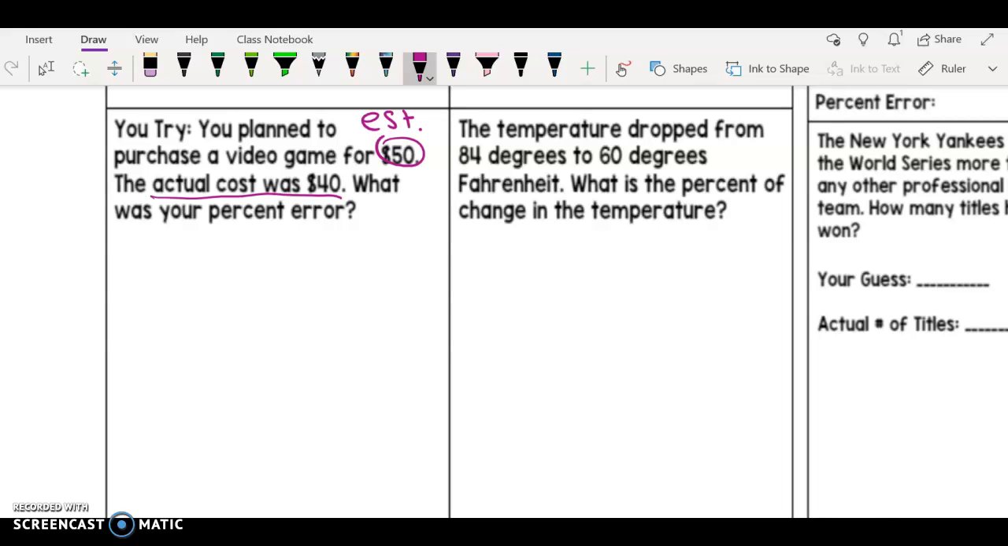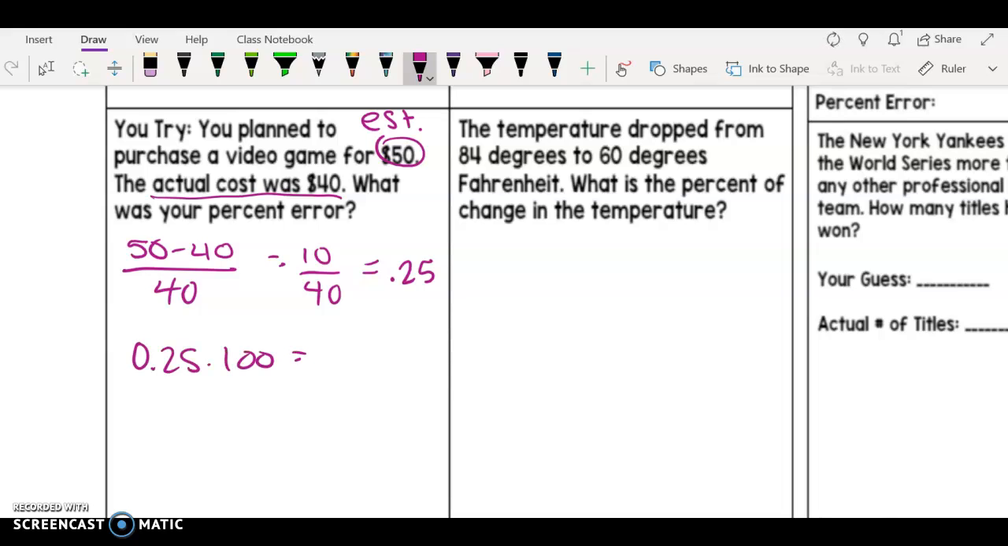So we're going to subtract the two. So we subtract 50 minus 40. Always do your bigger number minus your smaller number. That way you get a positive. We want a positive percent. And then we divide by our actual. So by 40. So 50 minus 40 is 10 divided by 40, which equals 0.25. And then we're going to multiply that by 100, so 0.25 times 100 gives us